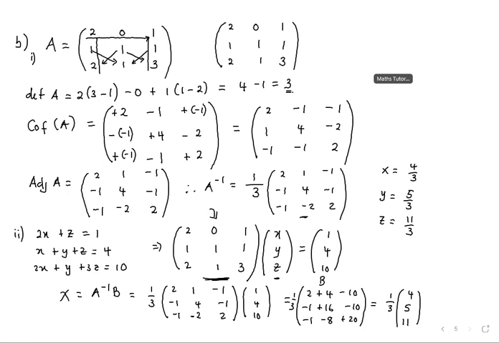Before it cuts, you can be talking. Sir, I've got a question. I noticed there was this error when you are finding the determinant, you are getting a 3, but I used the